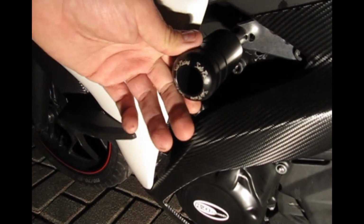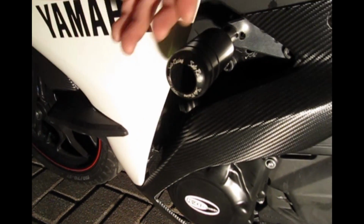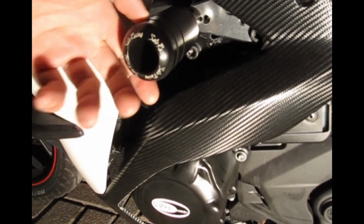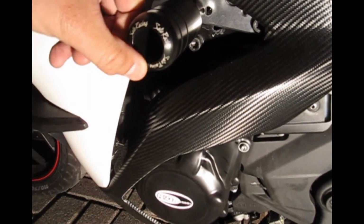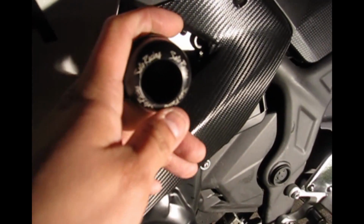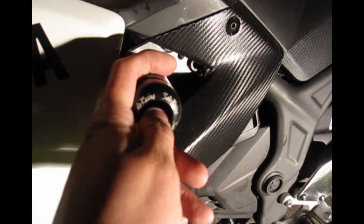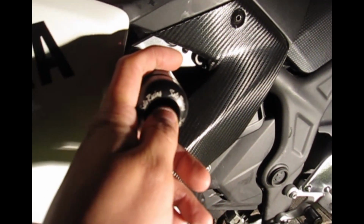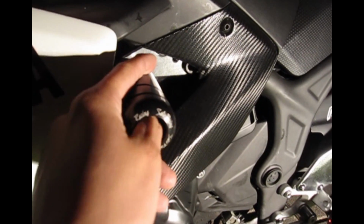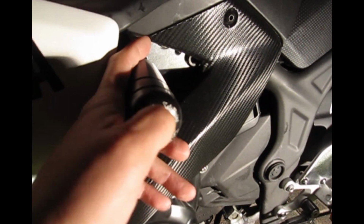Frame sliders I got from Sato Racing. So far the quality is really good, and the thickness of the mounting bracket is really good. No issues on it yet. I do have a little bit of scratching on it towards the bottom here, because I was riding somewhere and it was a construction zone. I could have just gone around it, but